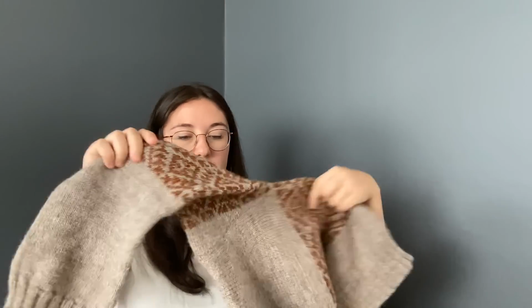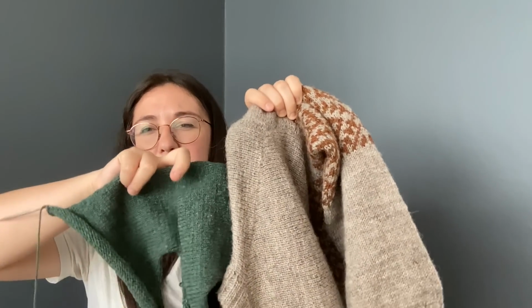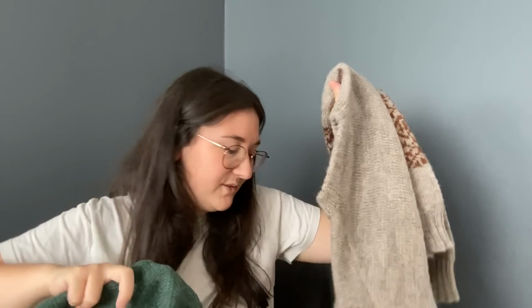Oh, that's the interesting thing. That's one thing I wanted to try. When I knit this version, my increase method on the shoulders is just knit front and back, because that's the increase method I enjoy knitting. That's along here. And with this version, I'm trying make one left, make one right, make ones with make one left purl, make one right purl. I just find it hard to keep track of them in my head. So I'm interested to see if they make any difference to the final pattern. You cannot tell on camera. They're a little bit different on the inside. My pickup edge is very, very neat on this version. It's not quite as neat on the other one. So yeah,